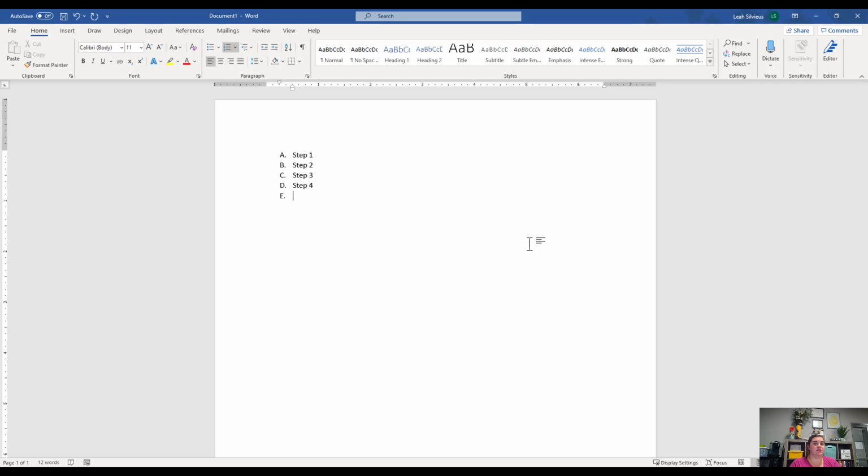There's a couple ways to get rid of list items. One of the most common ways people think of is to hit the backspace key because you're trying to remove it, right? And that's always what we do when we want to remove something to the left of our cursor, we hit the backspace key. But I want to show you that when you hit the backspace key, you're actually still at the 1/2 inch mark. And if I look up at my ruler here, which I know I have my rulers on and you probably don't, which is fine, we'll turn them on in a little bit,